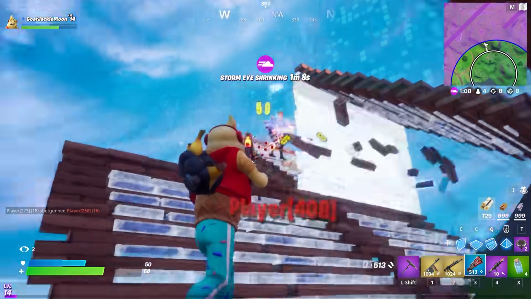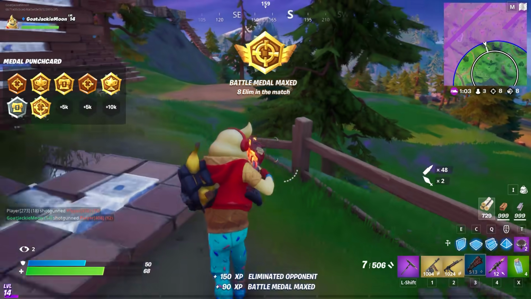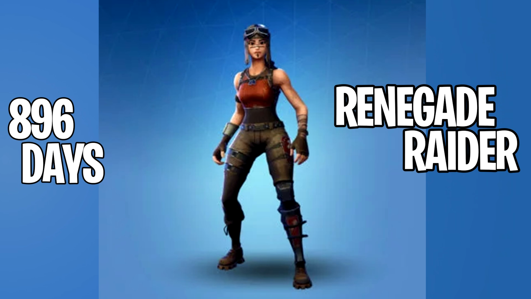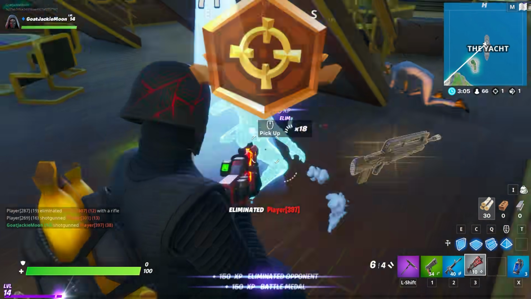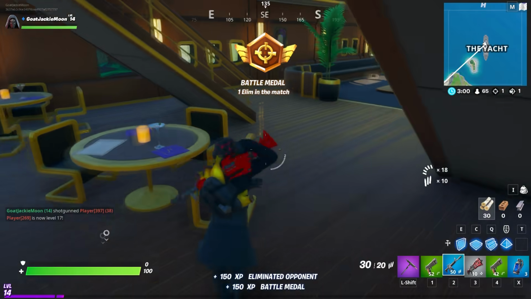So, before we finish off the video, I do want to say that there are 2 more skins that we have to talk about. First is the Aerial Assault Trooper, and the second is the Renegade Raider. Now, the reason that I didn't put these in the original list is that these are technically Battle Pass skins. Obviously, if you guys played Season 1, you'll know how the Battle Pass worked all the way back then, but